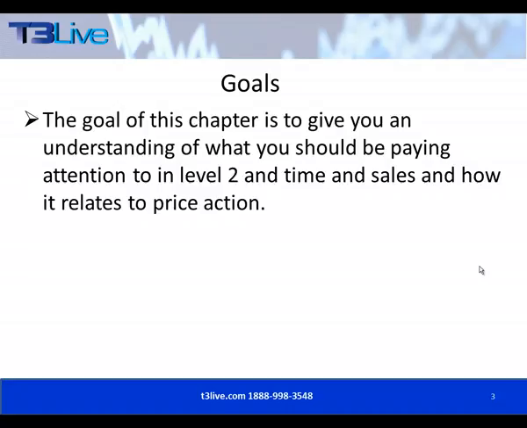Level 1 is very simply the best bid and the best offer, and the aggregate of all of the shares at that price. So you might see $20 bid, which is the advertised price to buy, and maybe 5,000 shares listed at that price, and